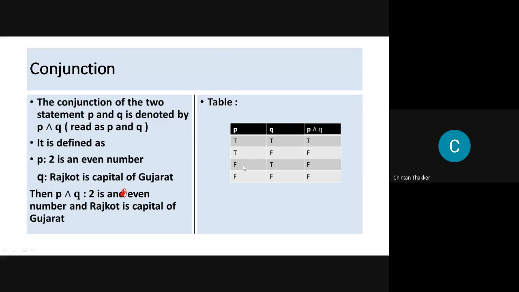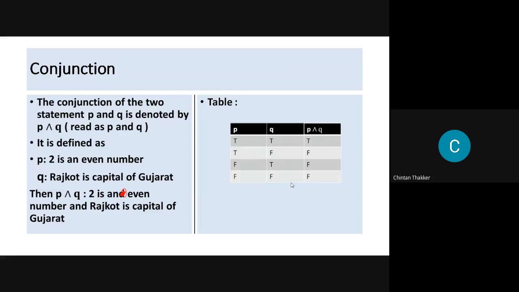The third is P false, Q true, and the fourth is both false. In the first statement we write T, T, then F, F. In the second statement we take alternatives T, F, T, F. This way you can write the four combinations.